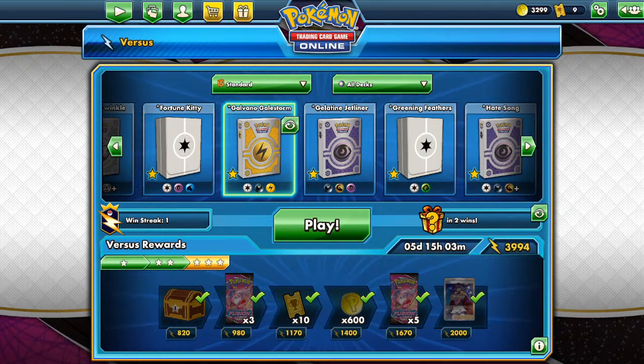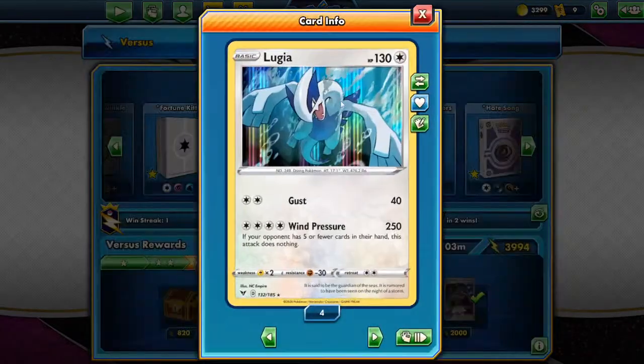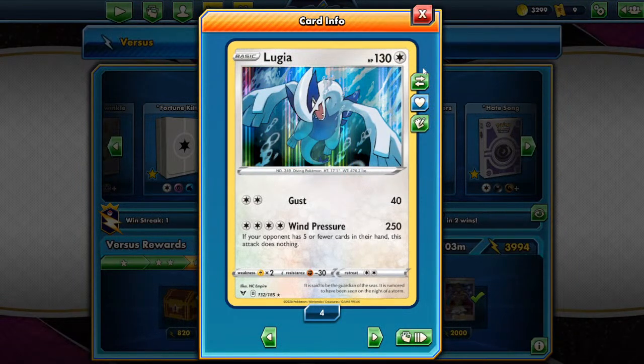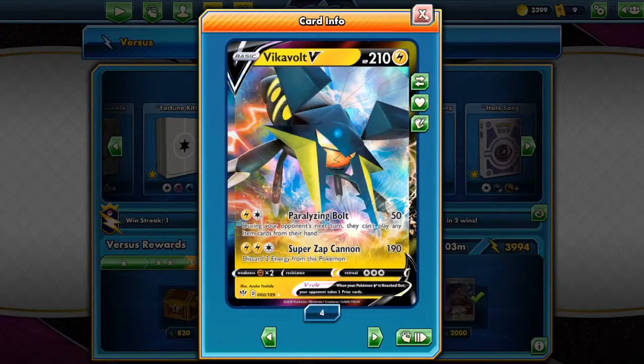Tune in for the next episode for more cool new combos featuring new cards from Celebrations, from Fusion Strike, and from Evolving Skies. We're trying to make old cards strong again too. Today we're featuring our theme Lugia. The theme for today is Lugia, Wind Pressure, and also Vikavolt to lock their hand, preventing them from using up their item cards,